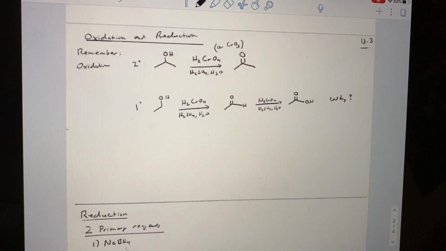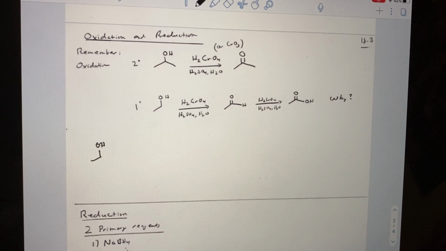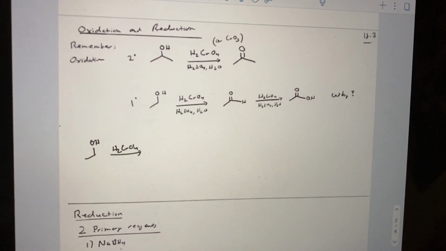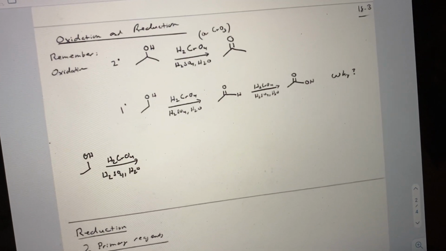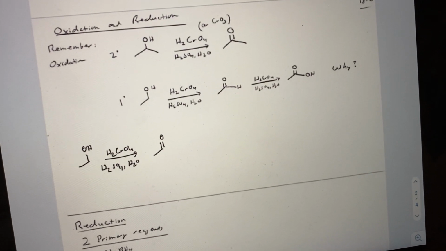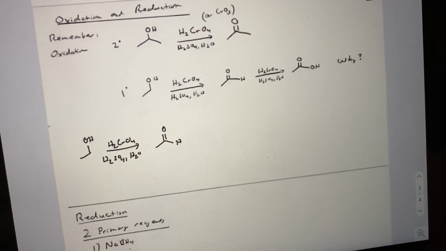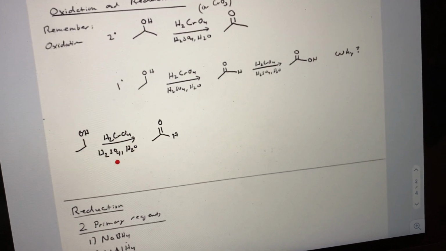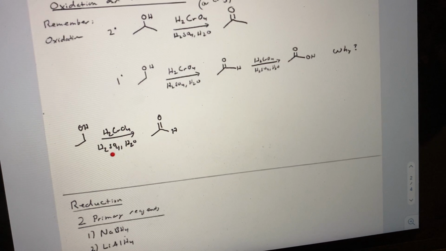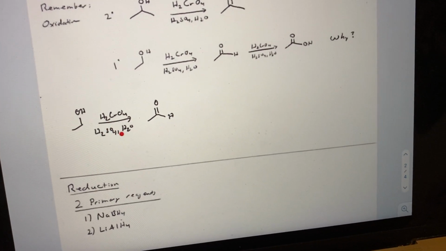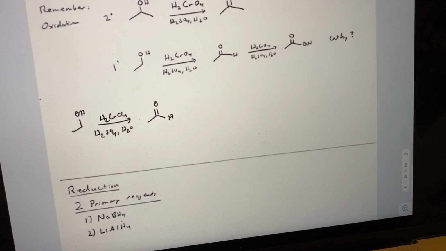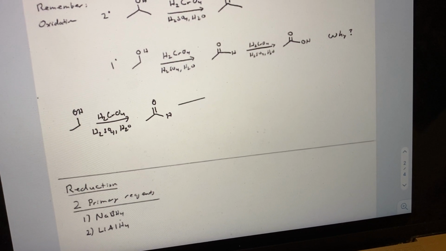We start with the alcohol. I'm just going to draw what is there. And we oxidize this using something like the chromic acid. I'm rewriting what is there. And we make this aldehyde. The thing to notice now is this first reaction, with chromic acid, sulfuric acid, and water. So we have all these acids and water, which means actually that this aldehyde is